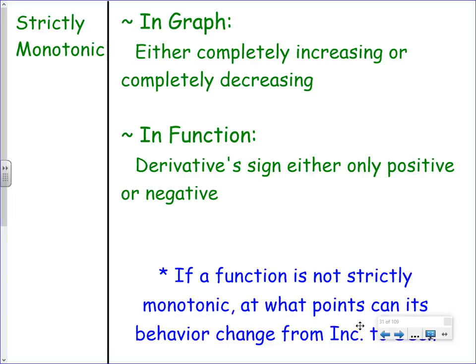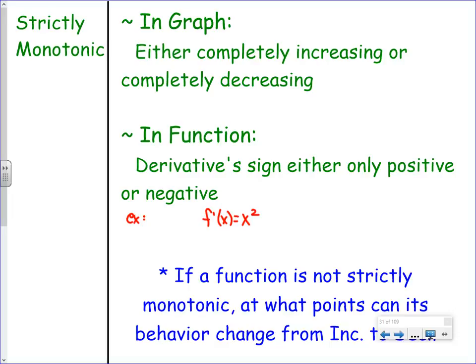2x, but I can plug in a negative 5, that's negative 10, or a positive 5, that's 10. x squared. Okay, so hold on. Only positive. We could say either absolute value of x, or we could say x squared. Let's do x squared just for the sake of simplicity. So, an example of a derivative that's only positive. Now, hold on. If f prime of x equals x squared,